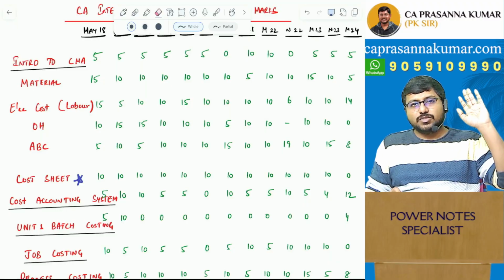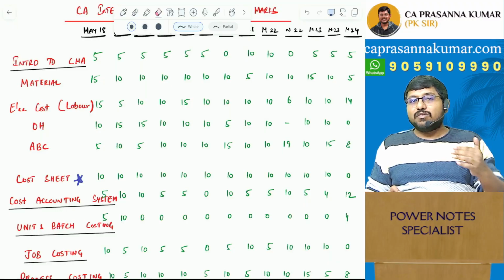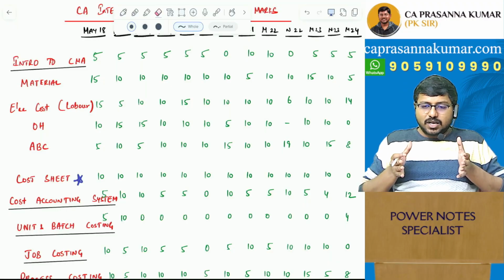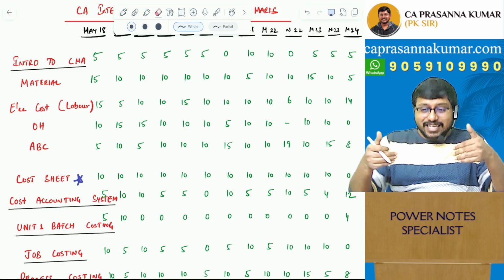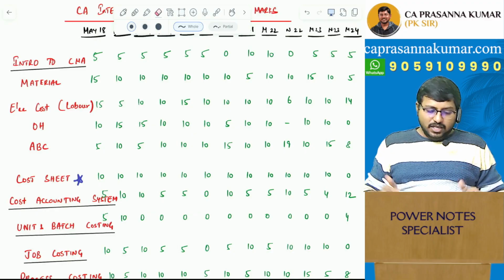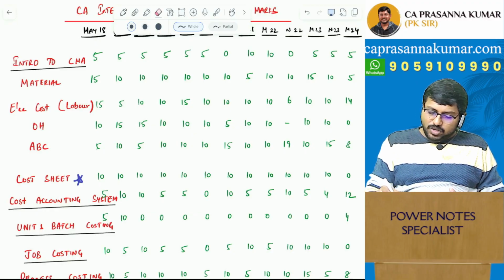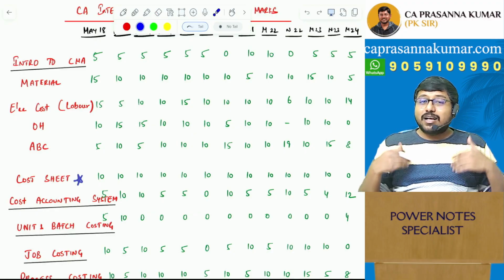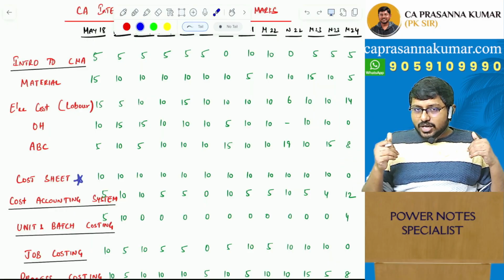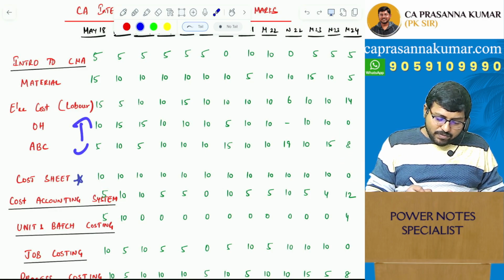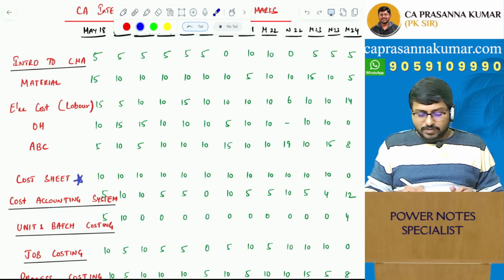chapter in your syllabus. When I see it from a risk reward perspective, I mean how much effort I'm putting in, how many hours I'm giving to that particular chapter, and in return how many marks I'm getting. See, overheads definitely give you a good amount of marks, but the point is how many hours you put in to study the big chapter called overheads, right? That also we should take into consideration. So if you compare these two back to back, I would say from a risk reward perspective, ABC is even